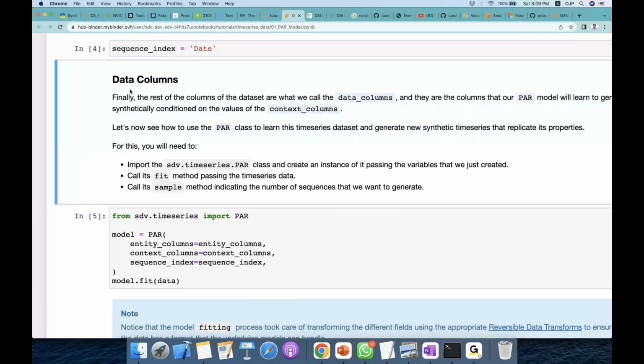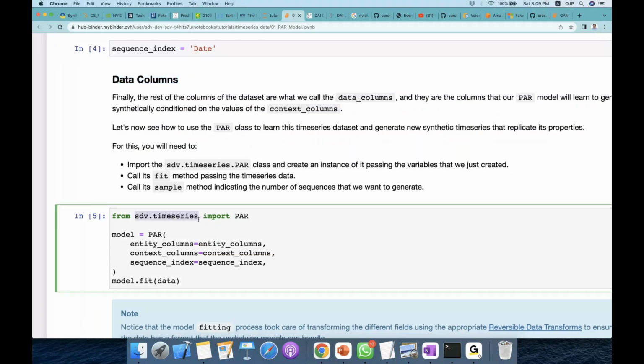Okay, so I am using the SDV time series, taking the PAR probabilistic autoregressor model, and I am passing in this information: what is the entity column, what is the context, what is the sequence column, and creating a model. And once the model is created, I do a fit on the data, so it learns